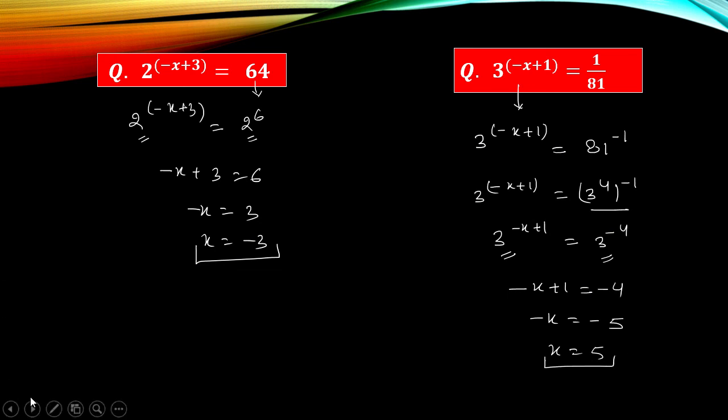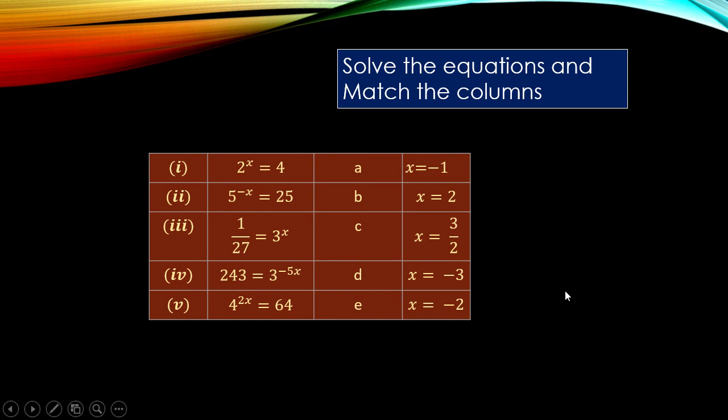Now moving forward. Now here we are finding the equations and we have to solve the equations, and now ultimately we have to match the column. Now in first equation we are finding 2 raised by x is the LHS. If we are changing the RHS as 2 square, so our task is completed now. Bases on both the sides are equal, so we can compare the indices right now. So x is equal to 2 is the solution of the equation. So we are finding 2 is the option B. So equation 1, B option is the solution of the equation.